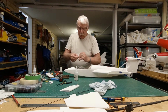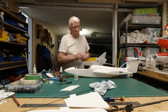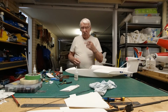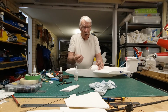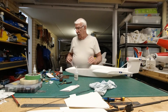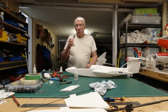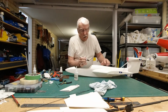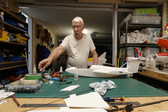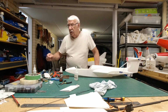magnets in the hatch to make sure that they're the matching ones for these. So it's not important which way they're going, it is important which way these are going. So I've put one of each on there, and then what I generally do, I use a magic marker and I just put a little dot or an X or whatever you like on each one, and then when we glue them into the hatch,